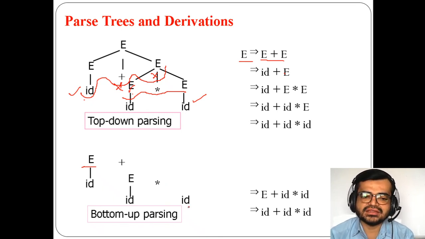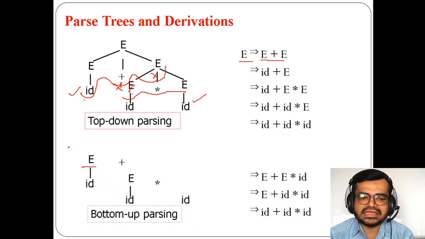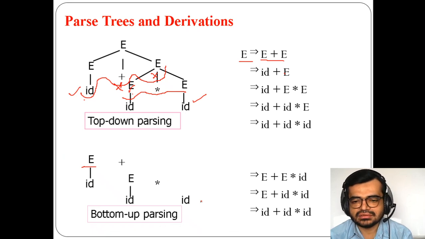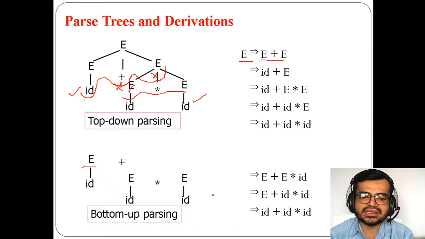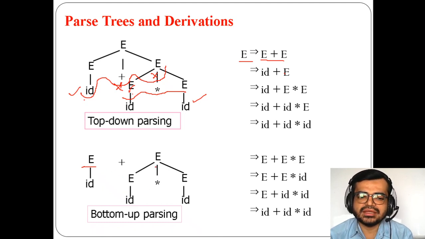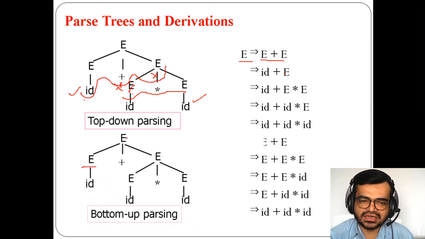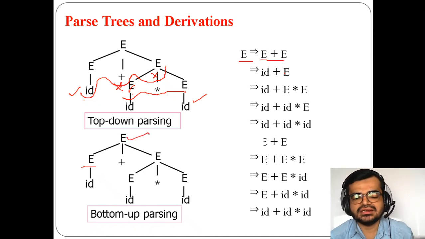Again what is going to happen, further I have to go to E, right? And again E plus E into ID, right? And further again you are going to E towards this side, and finally what is going to happen, E plus E into E. So you will be getting, again E into E means E. So you are getting E into E means E. So E plus E again means you will be getting finally this start symbol. If you are getting this start symbol, then you can say that it is valid.